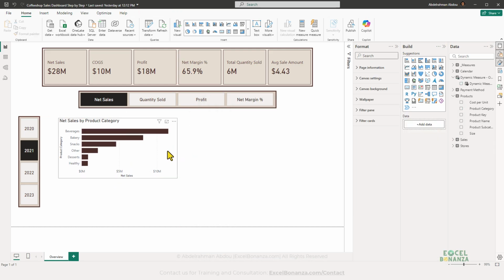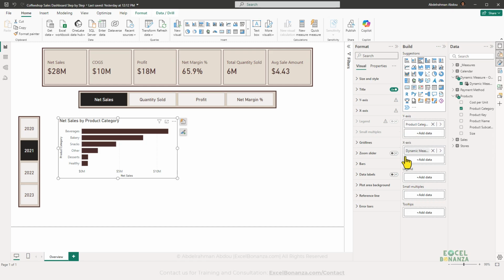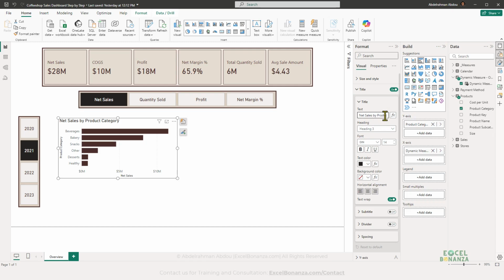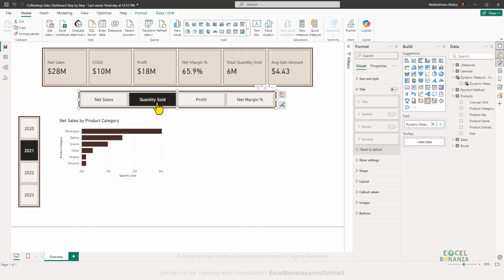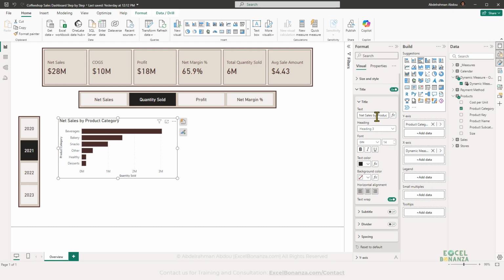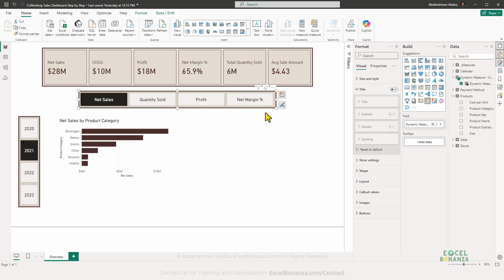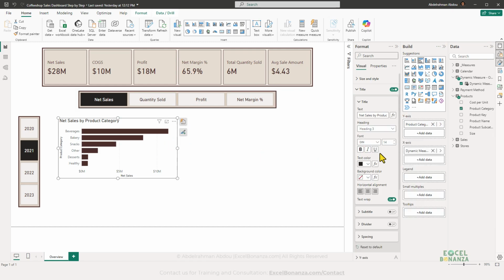So you can either keep this dynamic title, but just be advised that if you make any changes to the title here, it's not going to be dynamic anymore. So if you make it categories, it's not going to be dynamic anymore, and there's no Control and Z on that one. If you do Control and Z, you can see here that it's become not dynamic anymore, and then you will need to write a long, complicated measure to make it dynamic again. So you can either keep it and make it dynamic,